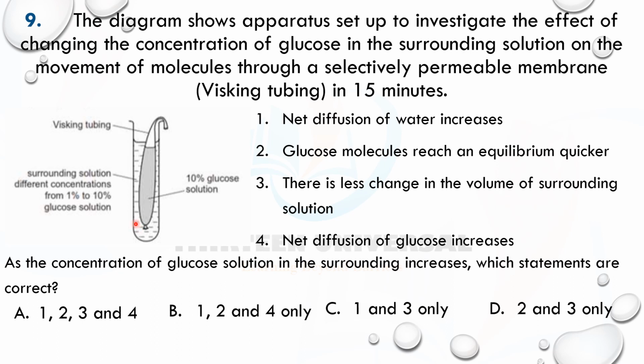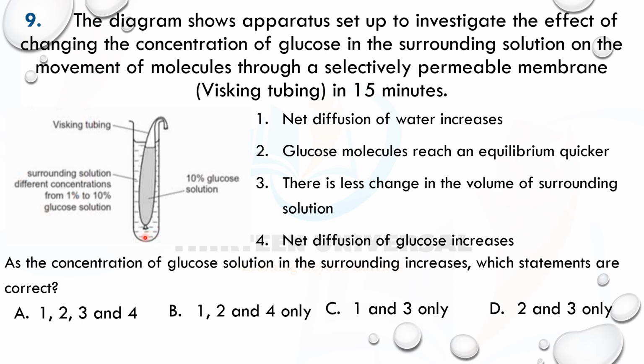So they're increasing the concentration from 1% to 10%. Remember, the question says, as the concentration of glucose solution in the surrounding increases, which statements are correct? Now, number one says net diffusion of water increases. No, see, if you start increasing the concentration of